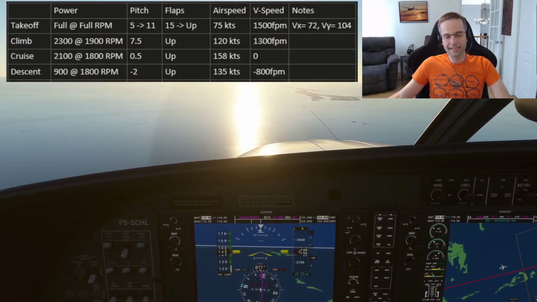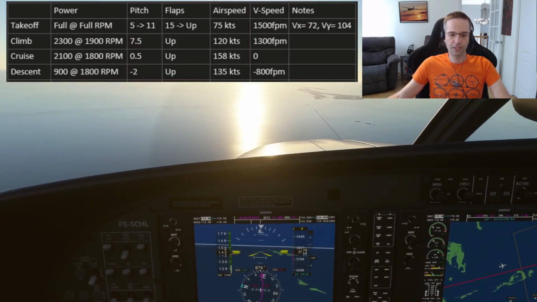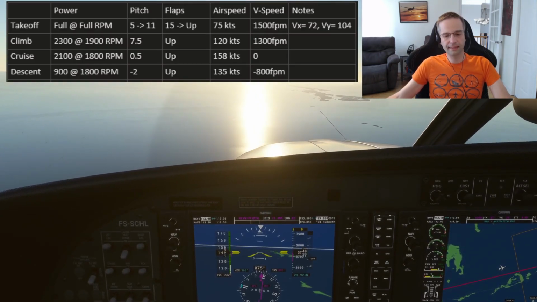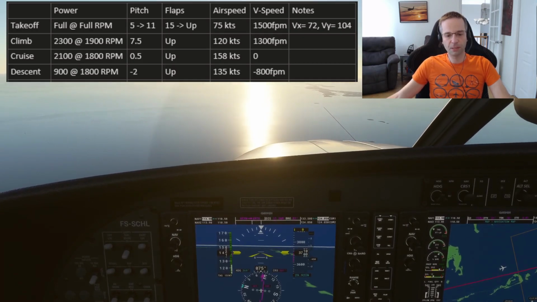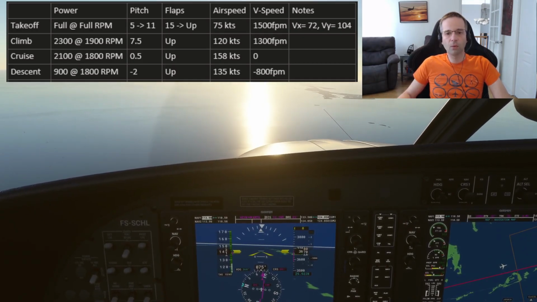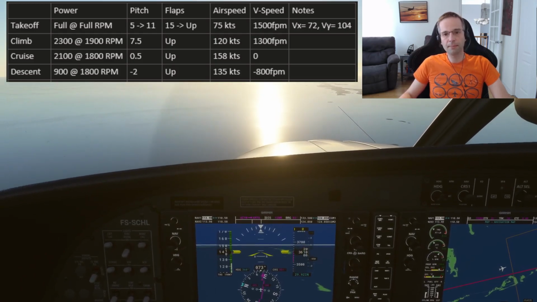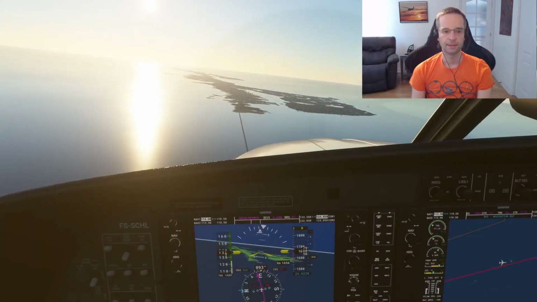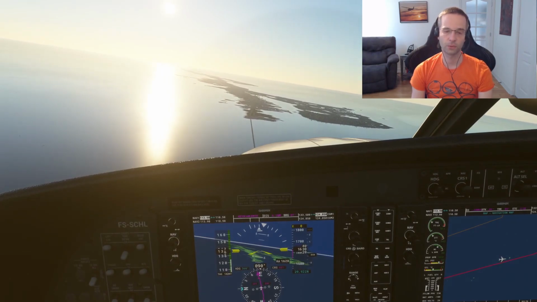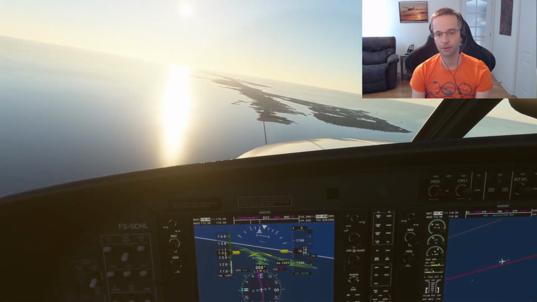As usual, these exact settings are going to differ for each airplane, but by now you get the idea of how to figure out the numbers yourself. Figure out what the airspeed you want is as well as the vertical airspeed and adjust power and pitch to match. The second to last phase of flight is approach, which is a straight and level configuration to fly around